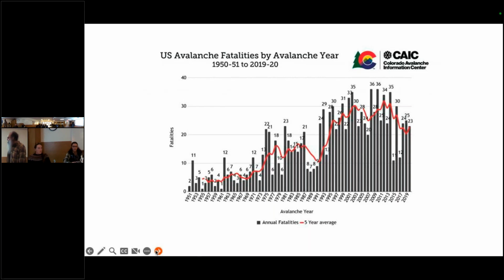We'll go through some statistics. Over the years, the number of fatalities has increased pretty regularly. It's starting to come down a little now, maybe because we know more, maybe because of equipment, but that's hard to say. It probably increased over the years just with the number of users out in the backcountry, and especially the power of the snow machines and snow bikes being able to get places that we couldn't before.